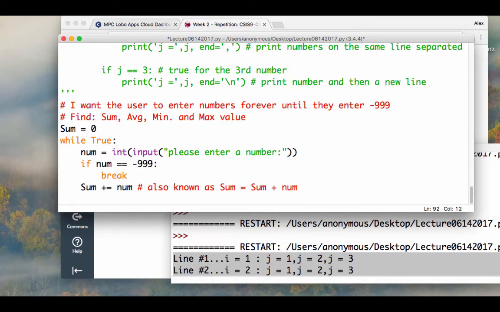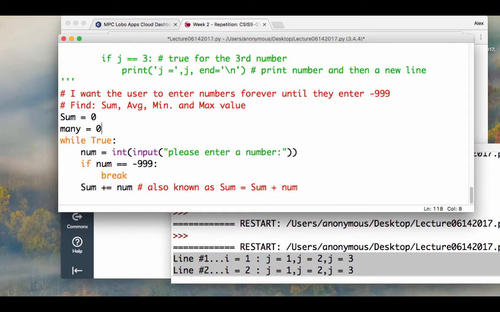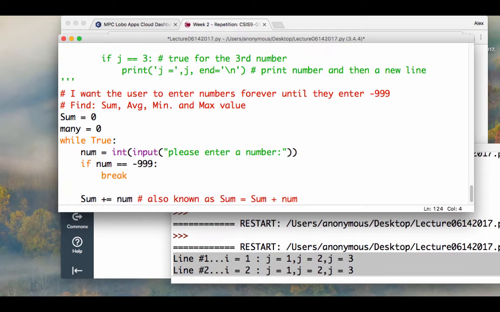How about if I just make a variable called many right here? I'm going to start that thing at a 0, just like my sum. And if they didn't enter a -999, in fact, why don't I call it count? I am going to count what they entered. So count is equal to count plus 1, also known as count plus equals 1. Either way it works fine. So I'm going to count